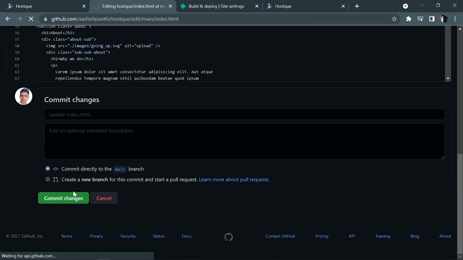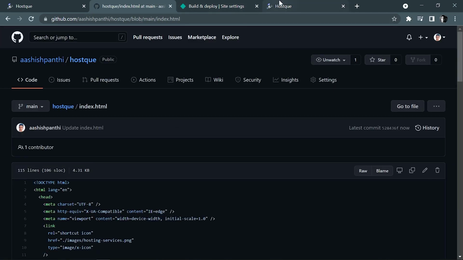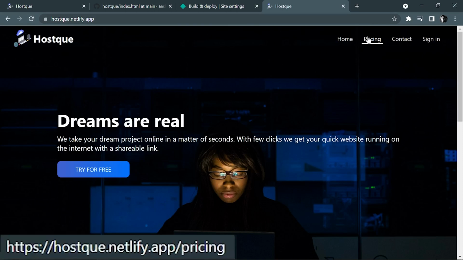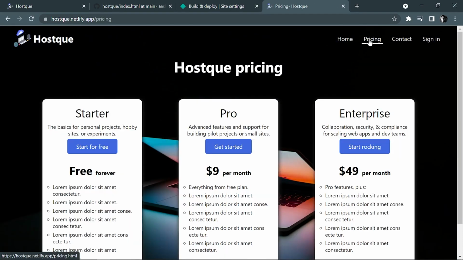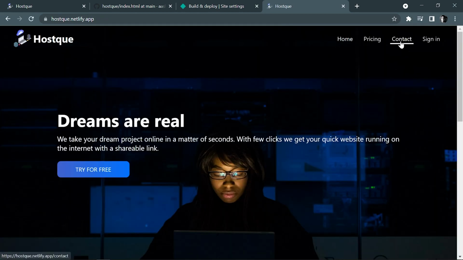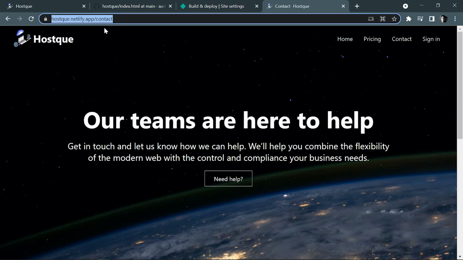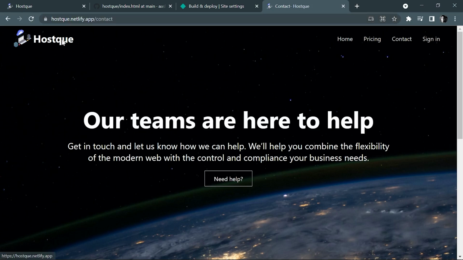You need not worry about anything. And in here I'm gonna refresh this, it's gonna instantly update our site. So let's go to our pricing, and in here you can literally see that if we hover over there, we are now referencing pricing. And if I click that, we are going to pricing, and in here if I go home and hover over to our contact page, you can see that literally we are over our contact, and literally we can do something like this. This is really cool.